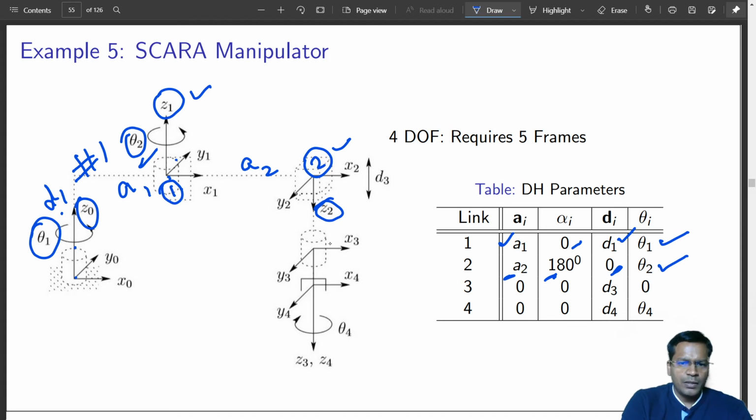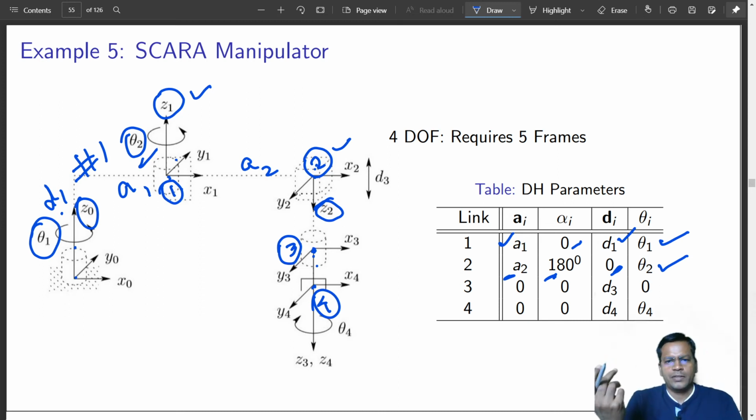Next comes joint 3, that is frame 3. This is where you have another revolute joint that holds joint 4. This is joint 4, frame 4. So this is your revolute joint, and these are the two frames, which are just displaced by some distance. And that distance is measured along the z axis.